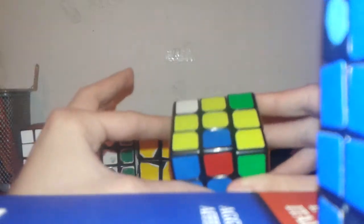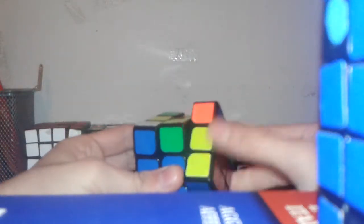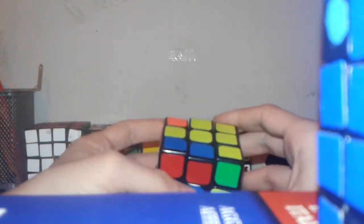Sorry, I had to. Here is when hiding the edge is important, I guess. So in this case, you have the bottom color on top, and you have this edge basically on the top layer. So basically what you do here is you hide the edge, you bring the corner over. Oh, look at that. And now you can just insert it. Okay, whatever. Hide it again. Okay, so these were all the cases basically where both of the pieces were in the top layer